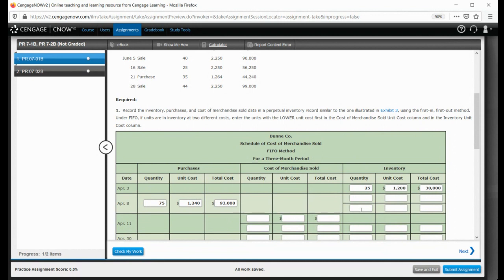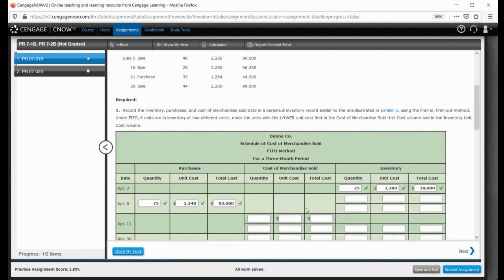Now, what I want you to realize here is that the cost of the merchandise inventory that we purchased is different on April the 8th than it was for the previous period. And so what we have to determine is how much we have in inventory and what the unit cost of our inventory item